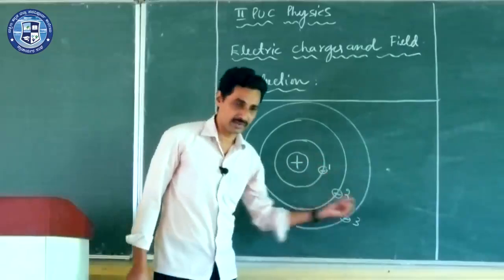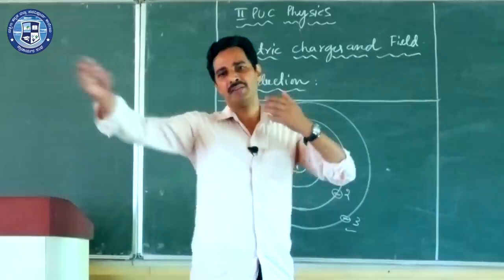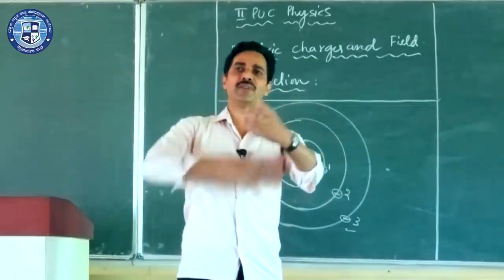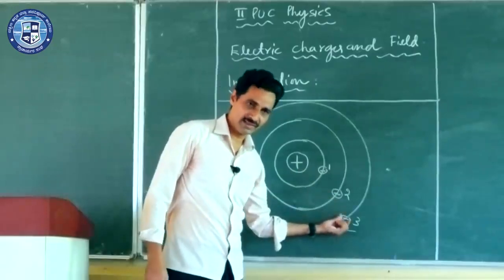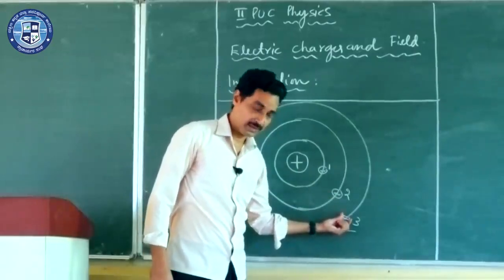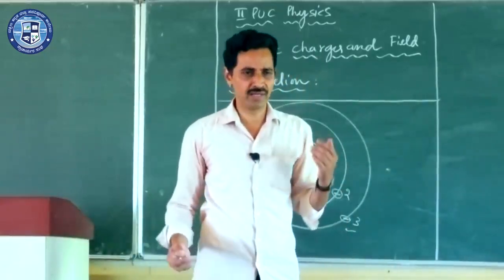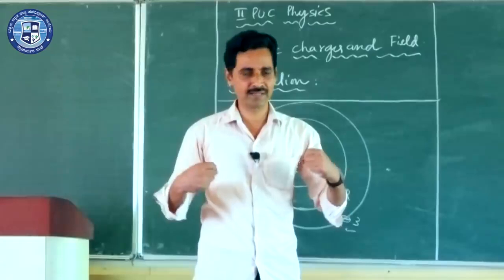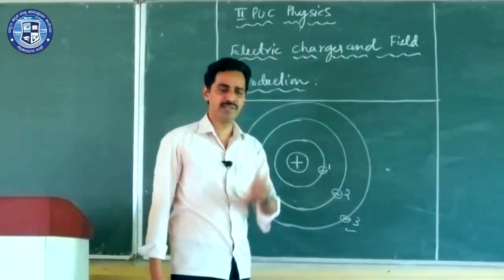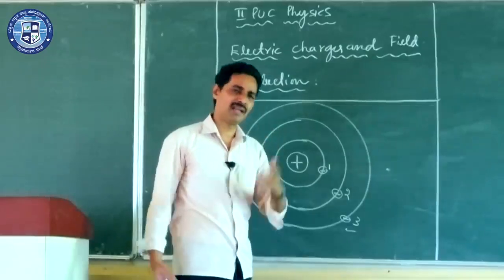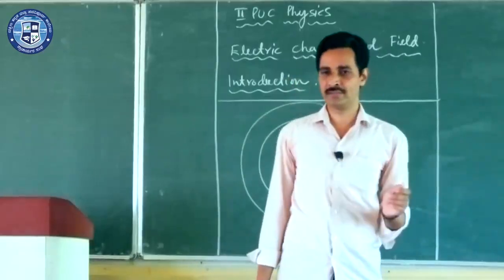can't come easily outside. You ask the last electron in the outermost orbit. It is very far away from the nucleus, and it is less bound to the nucleus because the distance is more. And you ask electron 3, "Electron 3, can you come along with me?" Electron 3 says, "I'm revolving around the nucleus, but my bond with the nucleus is very weak. I'm weakly bound to the nucleus, and if you want to remove me, give me some amount of energy in any form, and I will come out." It is these electrons which get transferred.